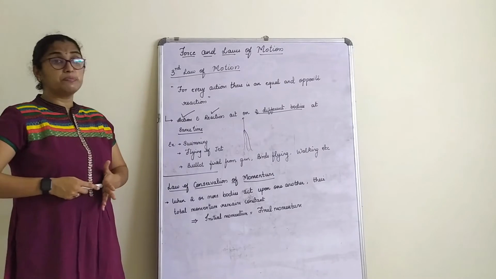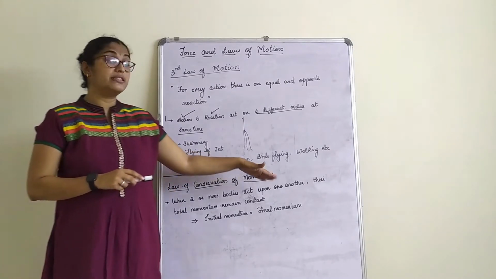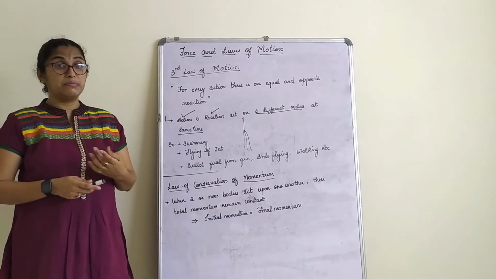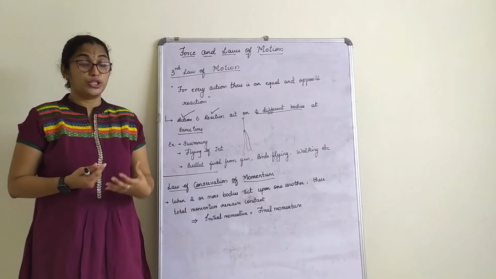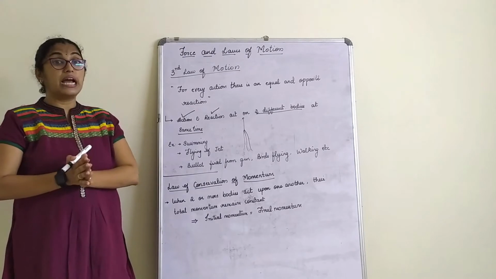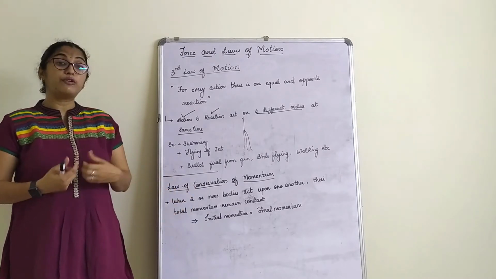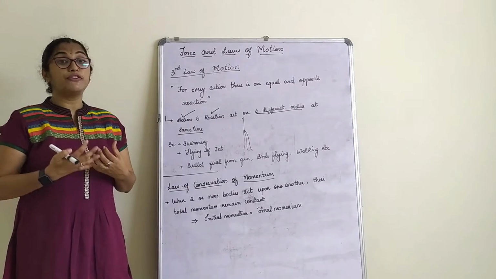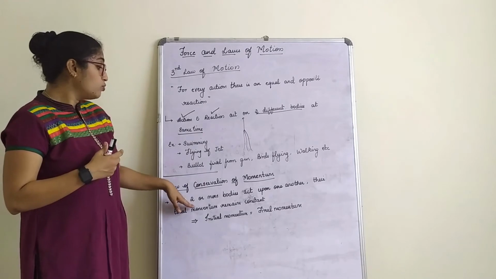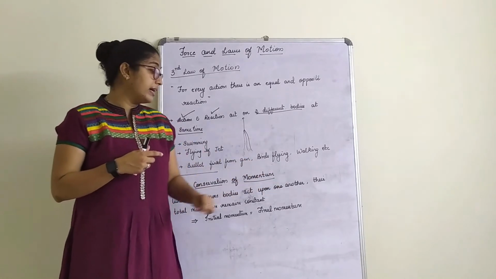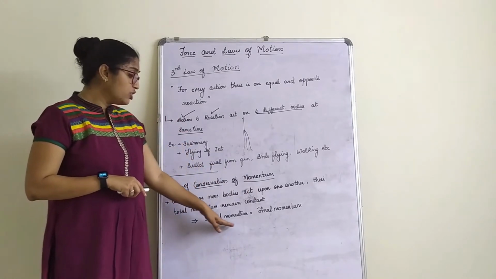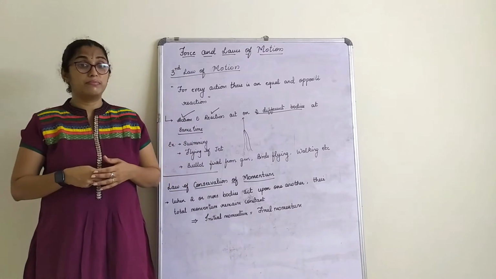So the last part of our lesson is law of conservation of momentum. Now we know what is momentum here. Yes, it is nothing but the measurement of motion of an object, power of the motion of an object. That means it is a product of mass and velocity. Now here we have to understand that momentum of an object remains the same at a particular time. What is it? When two or more bodies act upon one another, their total momentum remains constant. That is, initial momentum is equal to final momentum.